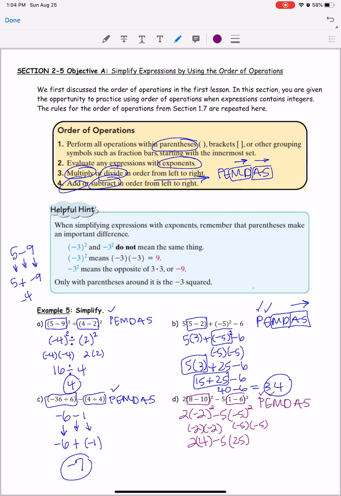So now we're done with exponents. So now multiply and divide. So 2 times 4 is 8. 8 minus